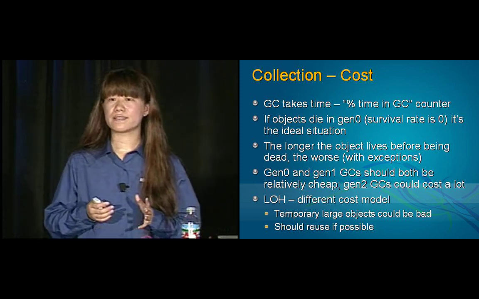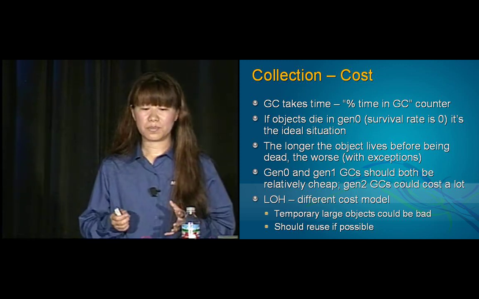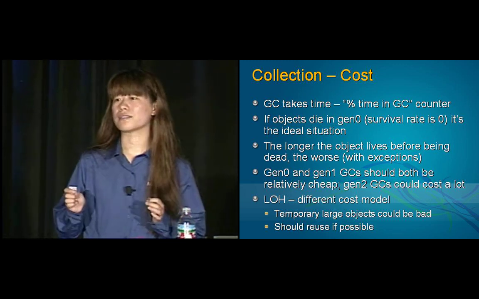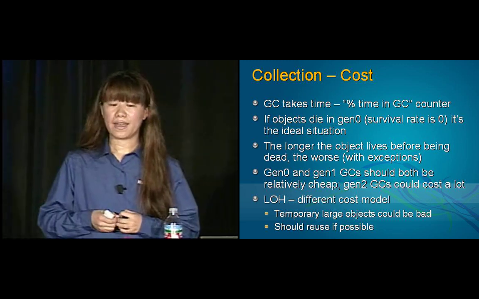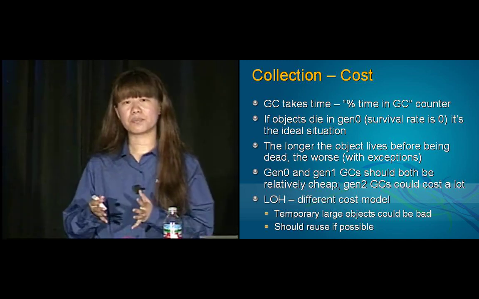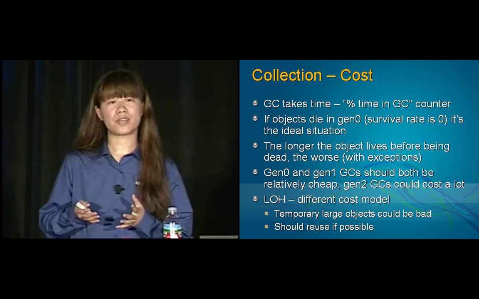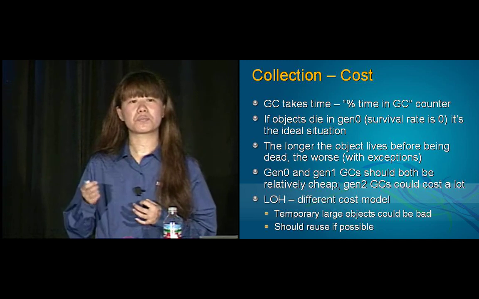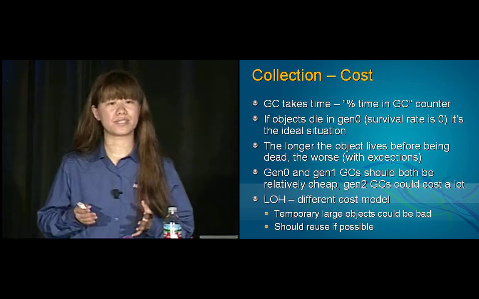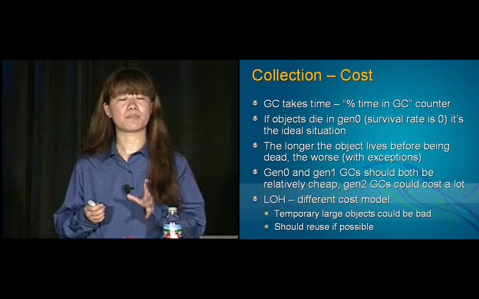And as I said, large object heap is a different story. Since it never gets compacted, it has a different cost model from the small object heap. Because large object heap would have to be collected with Gen 2 GCs, you can imagine a situation where you have a lot of temporary large objects, which means that you're going to trigger a lot of Gen 2 GCs, because we know that if we do a Gen 2 GC, we're going to reclaim some space back from your